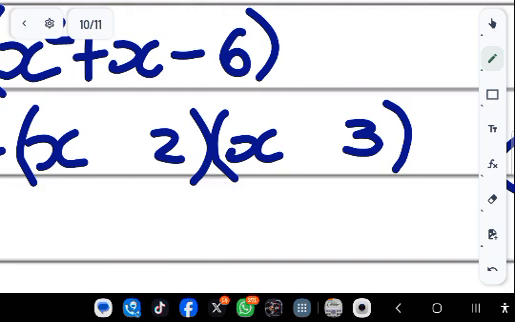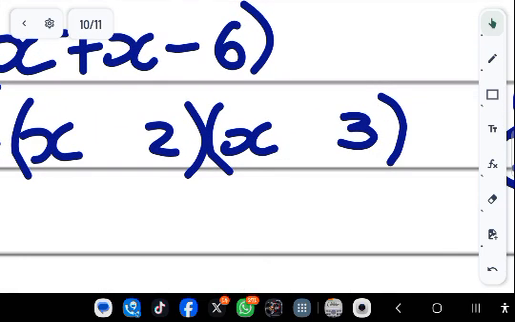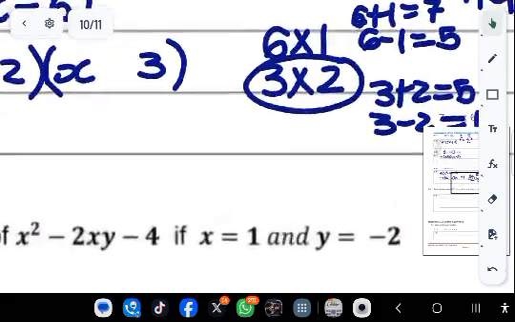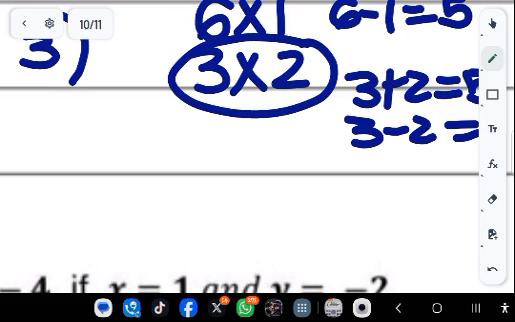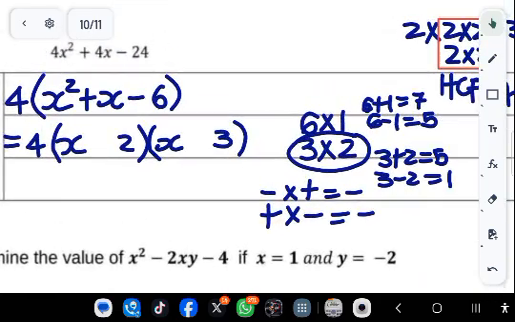Now notice it does not matter whether you put 2 here or 3 here, as long as you put the correct signs in front of the correct factor. Now we've got the last term is negative and the middle term is positive. Now if the last term is negative, because in order to get the last term we must multiply,